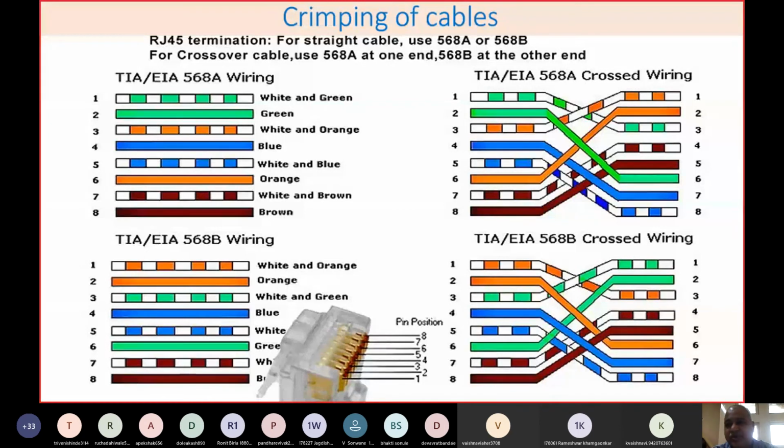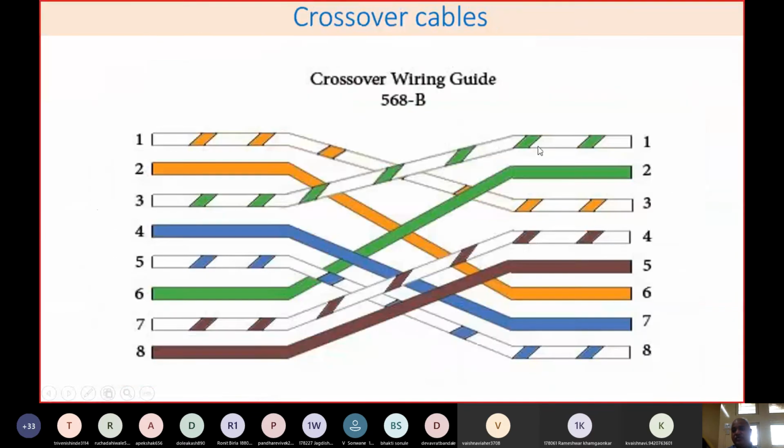Now the question comes, why do you require a cross cable or crossover cable? If you see this other way, you'll find this one is going to 3 and 6 is going to 2. On a similar line, this 6 side is going to 2. So here, if you carefully see what crossover cabling is, you will find 2 is going to 6 and this 6 is going to 2.